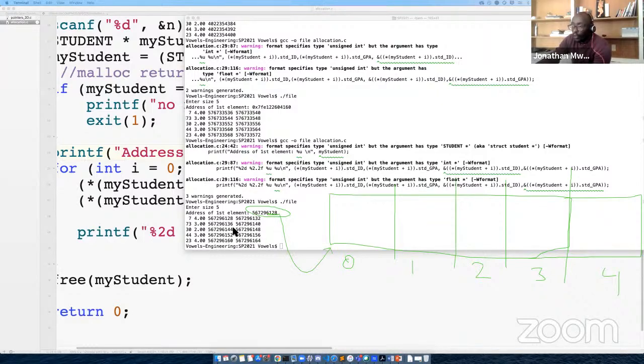Now, I want you to look at the first thing. So these two here represent one item. The 7 and the GPA 4.0. So the 7 is the student ID, 4.0 is the GPA.